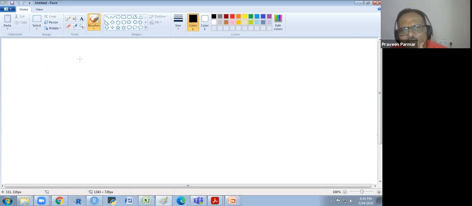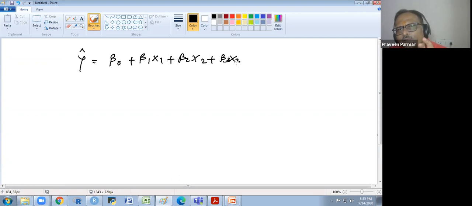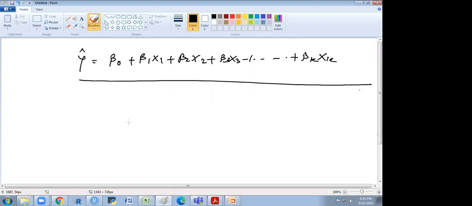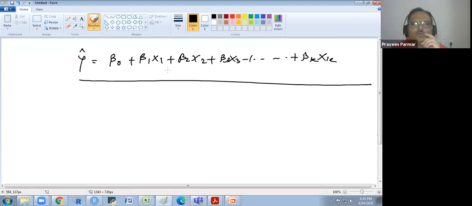So the equation would be like this. I will just explain the equation. Y cap is equal to beta 0, where beta 0 is the intercept, sorry, plus beta 1 x1, beta 2 x2, beta 3 x3, and so on up to k variables. We have dependents, independent, sorry, so up to beta k xk. Does that make sense to you? Yes. This is the linear equation. So this is the linear regression equation we are getting. I will explain some more things through that.